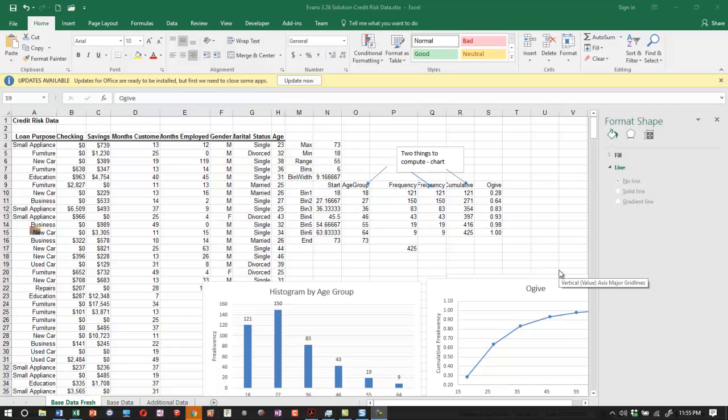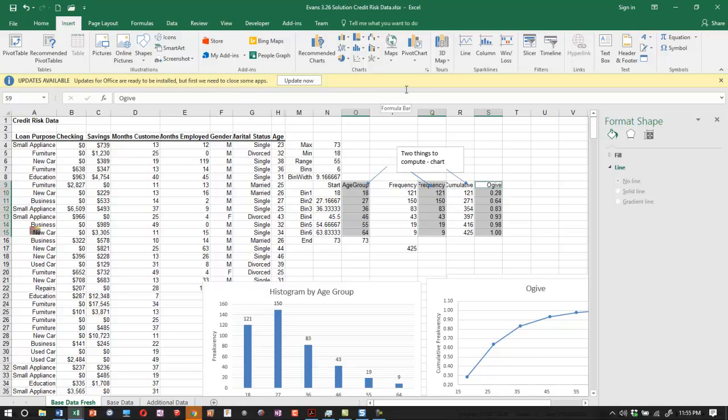So what we're going to do is a little bit of an advanced chart here. Instead of having 2 separate charts, one for the histogram and one for the ogive, which are totally comprehensible, I mean, someone can look at these and understand what's going on, we can set up a third chart that we'd actually use instead of these 2 different ones, since sometimes your audience is sophisticated enough to handle that kind of thing. What we're going to do is overlay the ogive on a histogram and use a 2-axis chart. So we'll grab the information that we want, and that would be this column here, our frequency. We want to plot that, and we want to plot the ogive, and we'll let